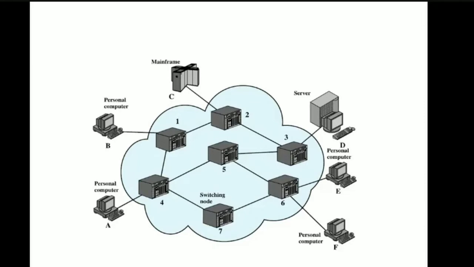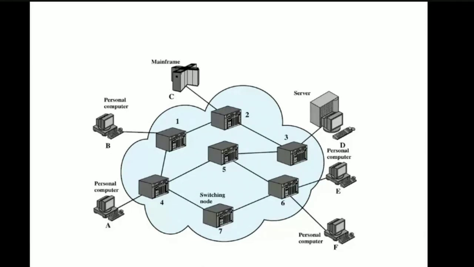That is only the switching of data from one place to another place. So if you see, there are some other nodes where these nodes are attached to the stations also. If you see, node 4 is attached to station A, node 6 is attached to station E and also to station F, and node 3 is attached to station D. So what will these kinds of nodes do? They will accept the data from that particular node and deliver the data to the attached stations. Okay, so this is one kind of observation.